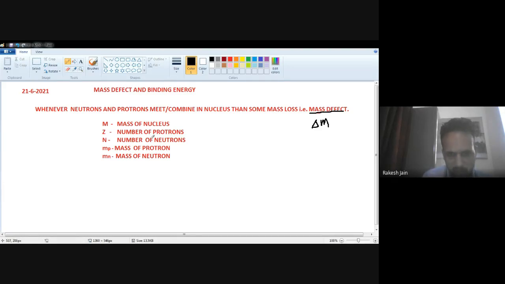And in terms of the formula, mass defect, that is ΔM, is equal to ZMp, that is number of protons multiplied by mass of proton, plus NMn, that is number of neutrons multiplied by mass of neutron,